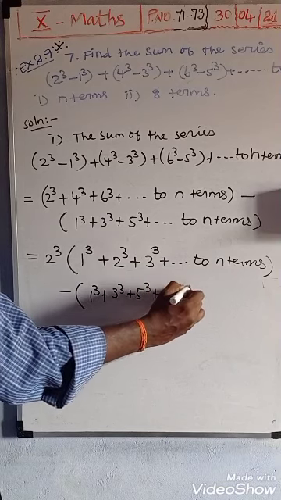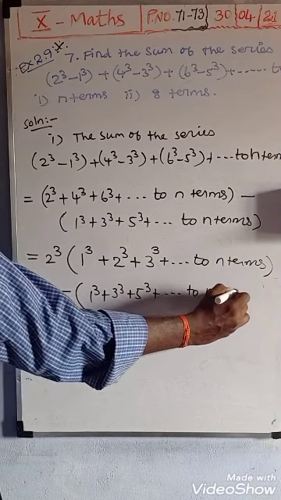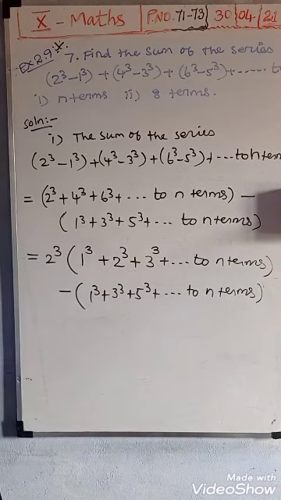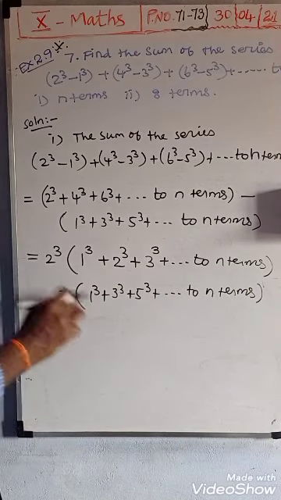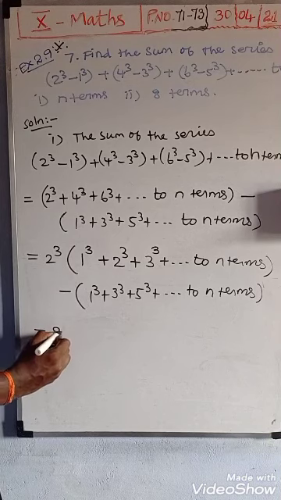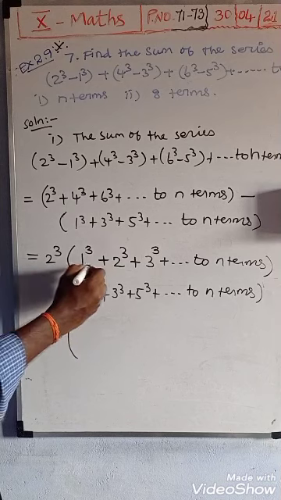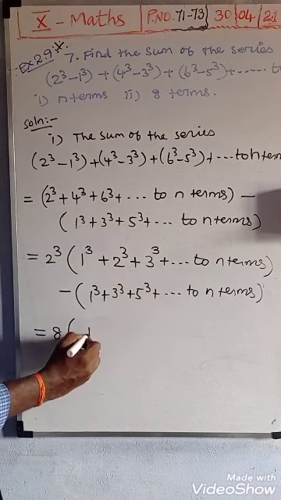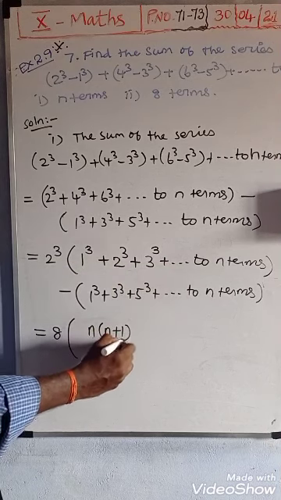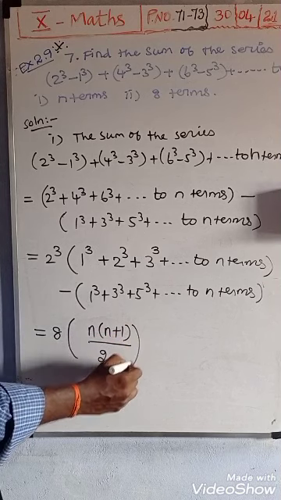It is the cube of odd natural numbers. What is that? Cube of odd natural numbers is this. Now this 2 cube value is 8. 2 cube value 8. 2 2s are 4, 4 2s are 8. Here we know the cube formula. What is that? n into n plus 1 by 2, the whole squared.